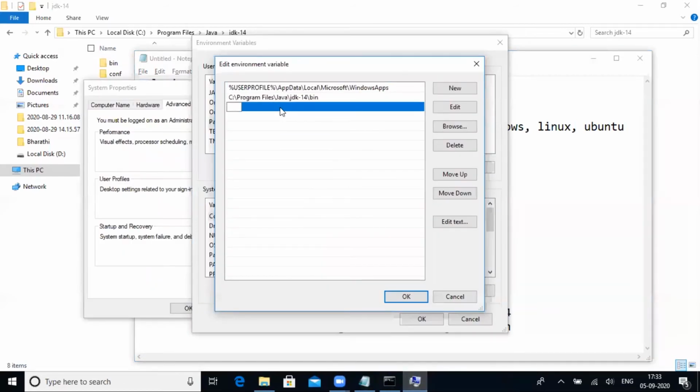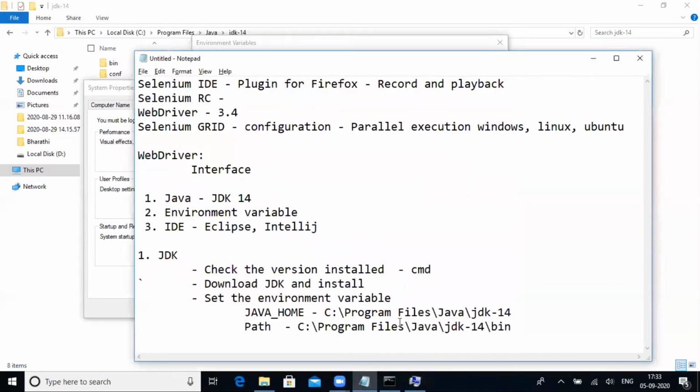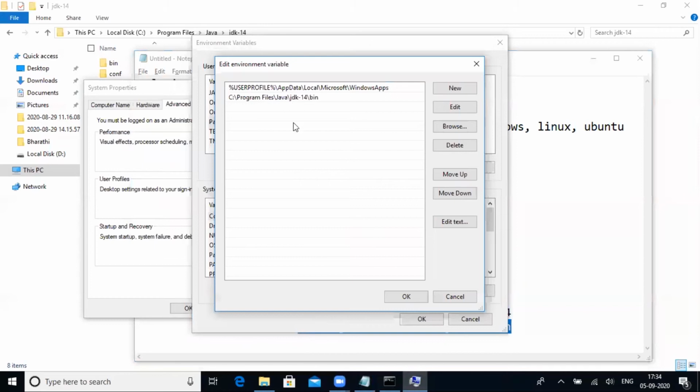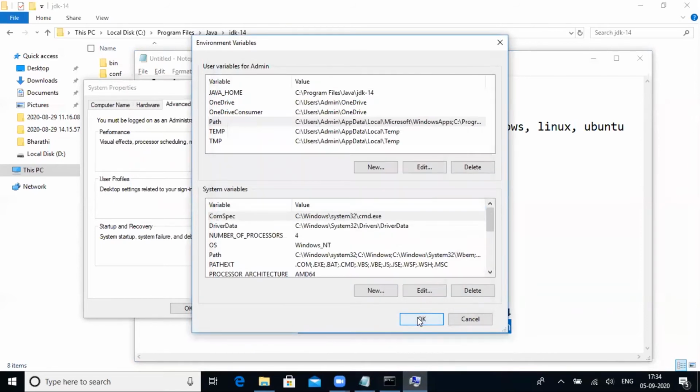So add like this. I just need to add this path of Java. I'm simply copying it and adding here. I have added already. Click OK, then apply, then if you click OK again, it will be added successfully.